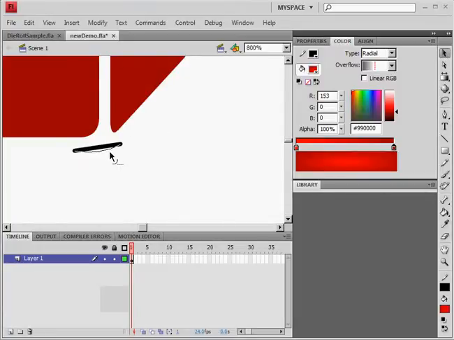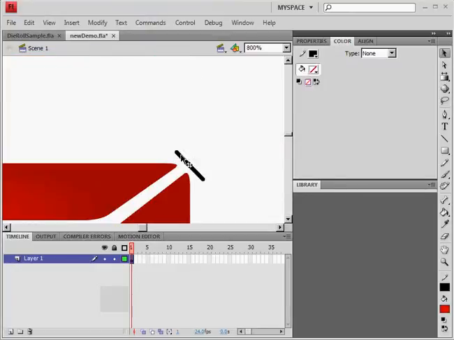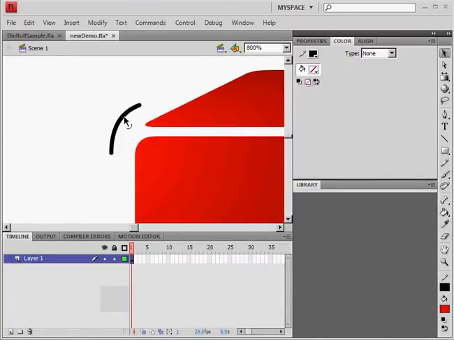I'm going to curve these lines a bit. Get those in place, and then that,